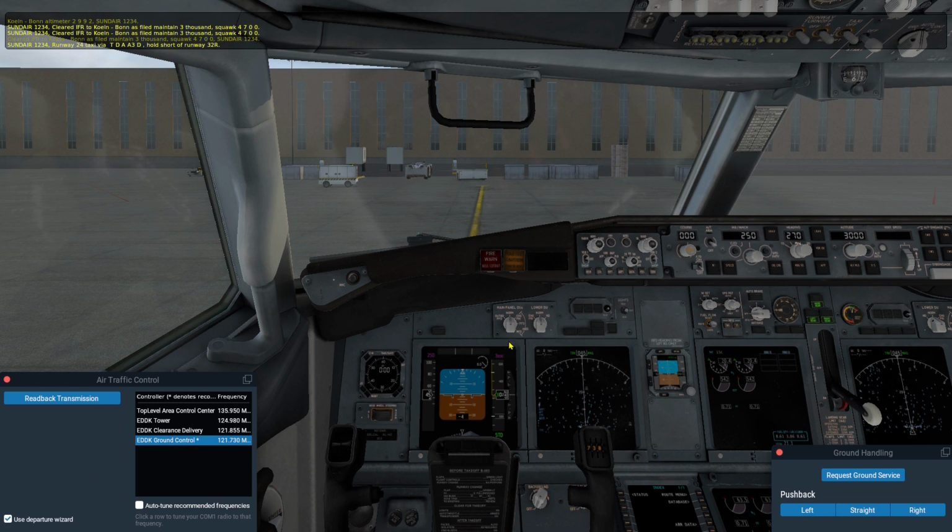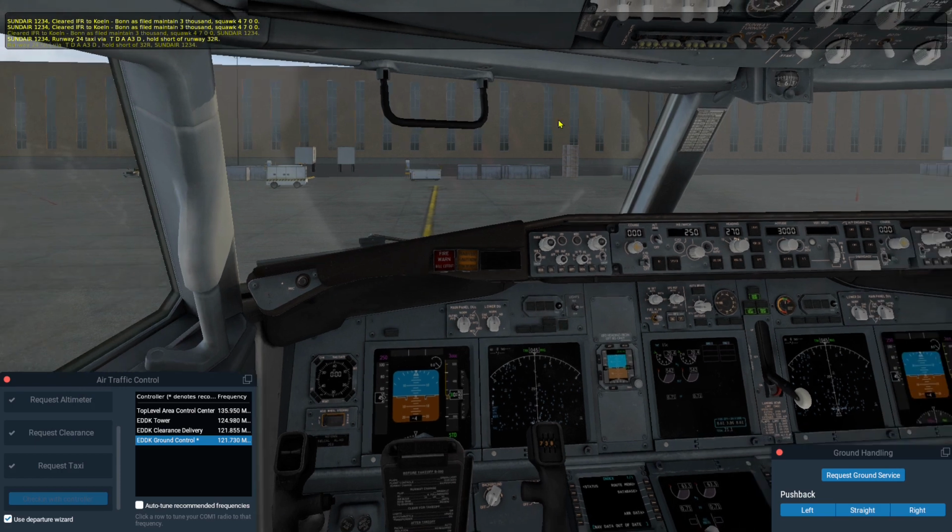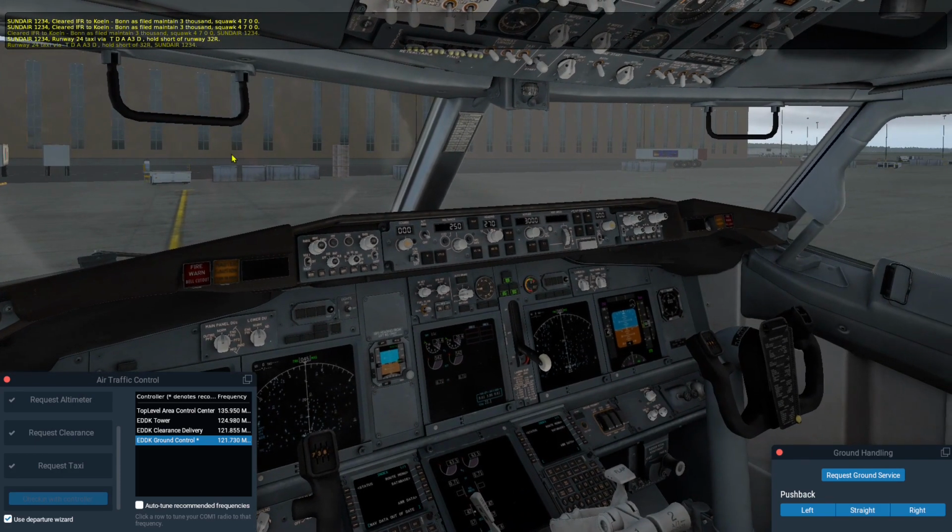Thunder 1, 2, 3, 4, runway 2, 4, taxi via Tango, Delta, Alpha, Alpha, 3, Delta, hold short of runway 3, 2, right. They just said all the ways we have to Runway go 2, on. 4, taxi via Tango, Delta, Alpha, Alpha, 3, Delta, hold short of runway 3, 2, right, center, 1, 2, 3,